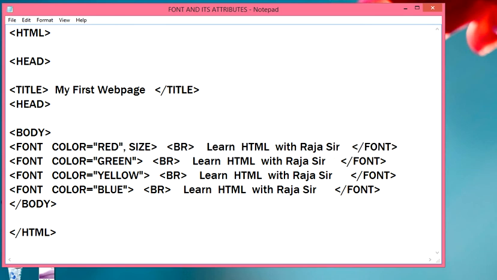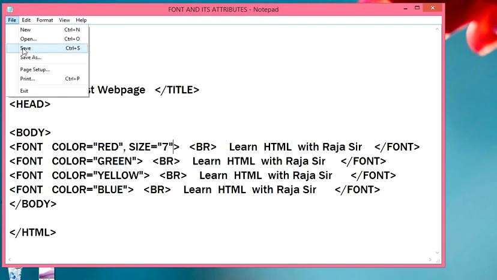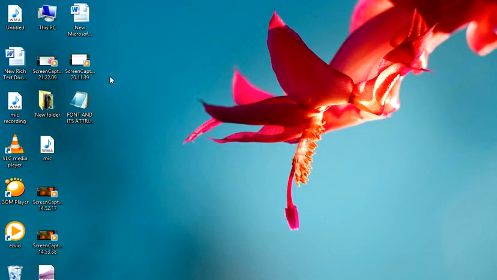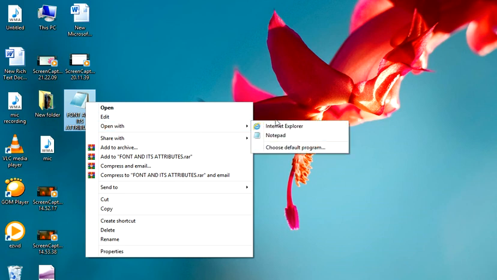Size equal, I am going to give size 7. Okay, nothing else changes. Again file, click on save, close it, and again font and its attribute, right click, open with notepad or Internet Explorer. Notepad will let you edit and Internet Explorer will show your web page.